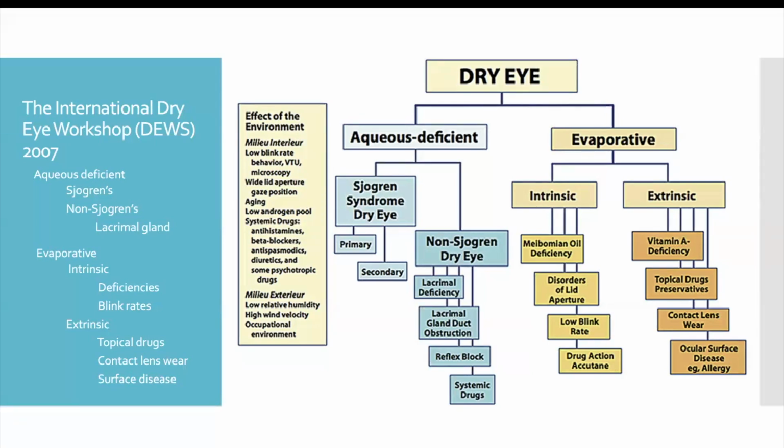So that's either intrinsic to the eye itself. So you've got meibomian deficiencies, problems of your lid positioning, which again we've spoken about in the past, a low blink rate, and then extrinsic issues. So things like vitamin A deficiencies, wearing a contact lens, having a problem with your ocular surface. So all of these things can contribute. And what you'll find is a lot of the time the patient has crossover between lots of different factors, so a lot of them need to be addressed in managing the patient. So there's lots of different things that can contribute to your dryness, and this is the sort of formal categorization